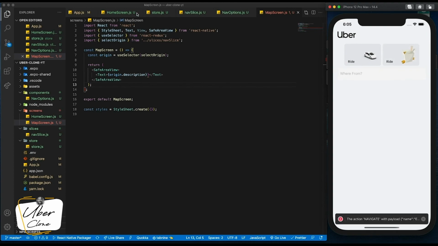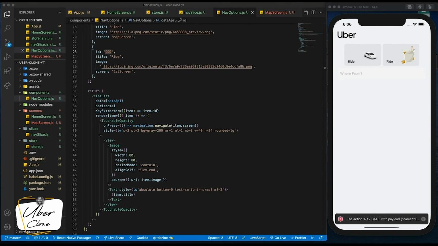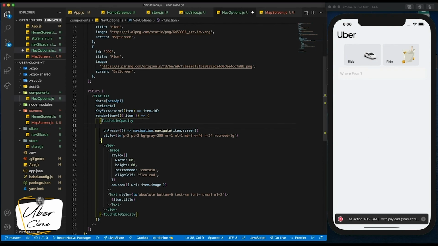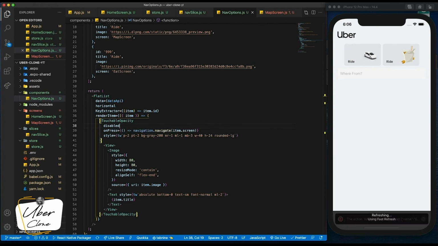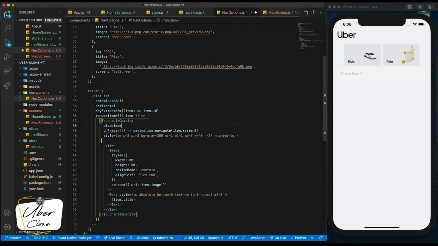When we go to our nav options, we're going to disable that button. That's what we're going to do. This TouchableOpacity, let's disable. If I add disabled to it now and save it, if I click any of the buttons, it's not going to work. Well, we don't want that. We want to disable only this button. So we're going to say disable only